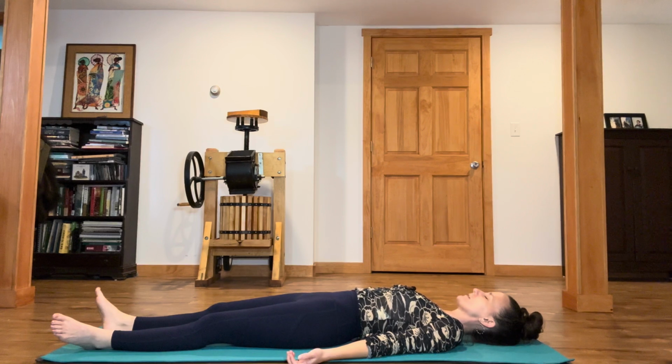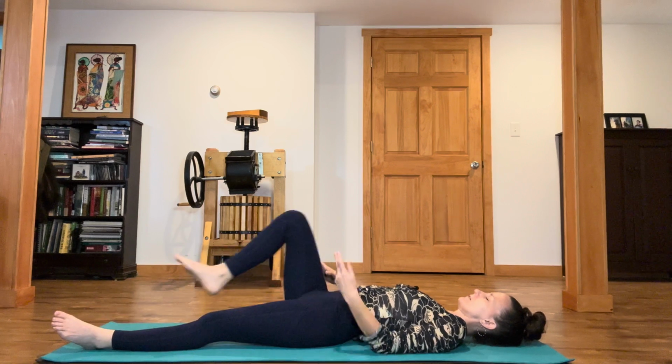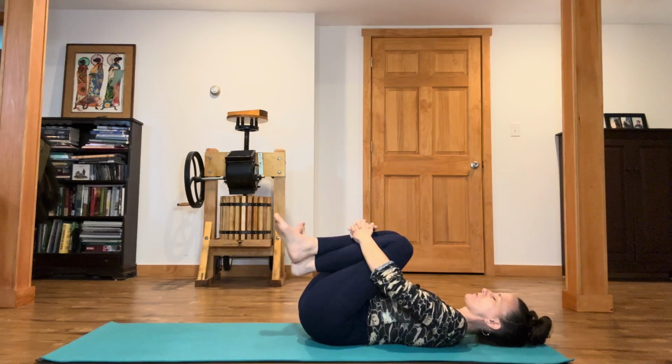Feel free to stay in Shavasana for as long as you would like today. A lot of light and space flowing through all the cells and in the joints. And let's come into a gratitude practice today, whatever you have to be grateful for, celebrating that, focusing on that, wiggling your fingers and toes, and gently hug the knees in toward your body, inviting compassion for exactly where you're at,